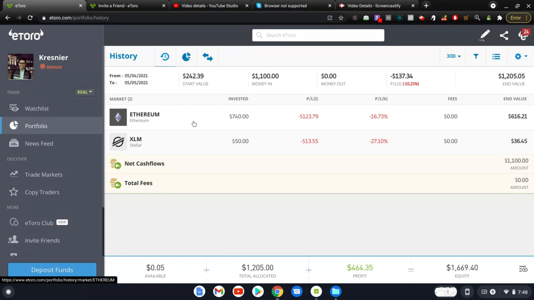So you will see that when I first began, this is how much I had invested on Ethereum. This is how much I had lost. As I had mentioned to you, I panicked on that day, and I actually made this trade as well. You can see that I have panicked. This is how much I took as far as a loss. So this is how much I got to cash out, right? Yeah, so that's basically what happened.